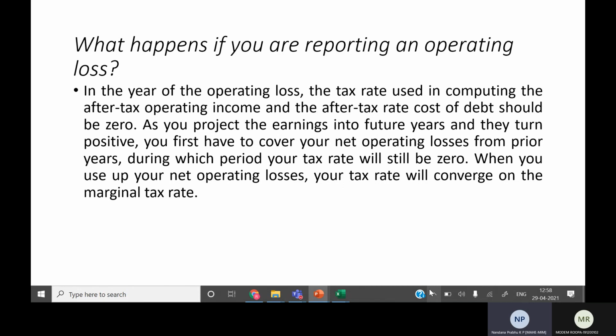But when net operating income is shown without brackets, which means that there is income, the EBIT is plus, in other words, operating income is plus, the tax rate will be used by the Excel template for the purpose of deducting tax. So this is about the operating income and the use of tax rates and the related questions. The theoretical underpinnings regarding calculation of operating earnings, reporting it, and the use of tax rate, I have explained.